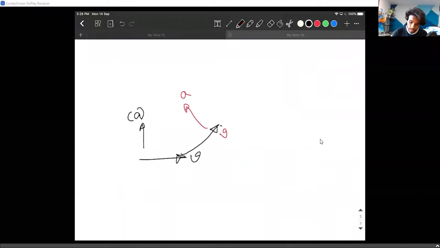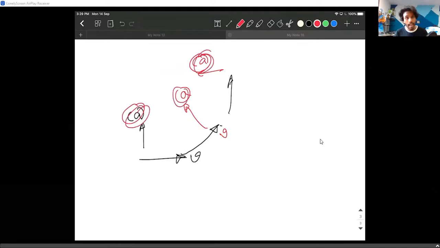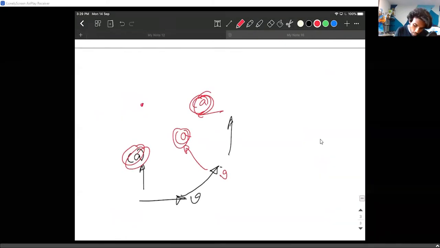The velocity changes its direction like this, and the acceleration changes its direction. This is very, very important. This is a cornerstone of this topic, guys. Remember, the acceleration is acting perpendicular to the velocity all the time, and it is always pointed towards a specific point, which is the center of the circular motion. Okay, this is a cornerstone.